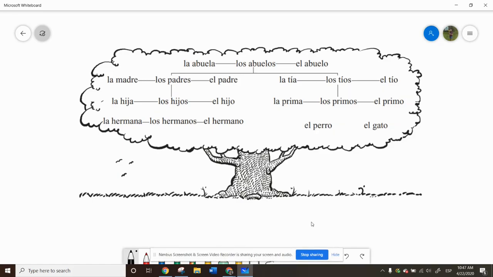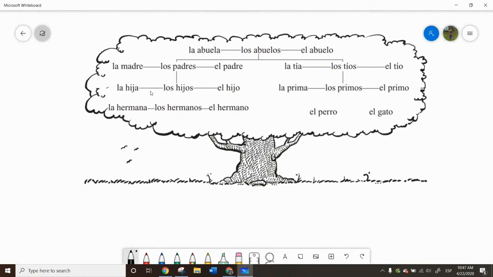Hey guys, so I'm going to explain how family trees work really quick. So here's an example that I got out of the textbook. This doesn't have names on it, it just has relationships. So I honestly think this is a little bit confusing, but the big thing that I want to point out